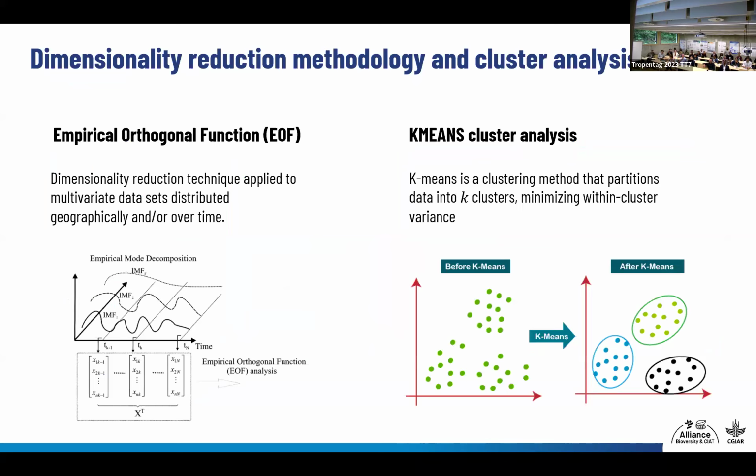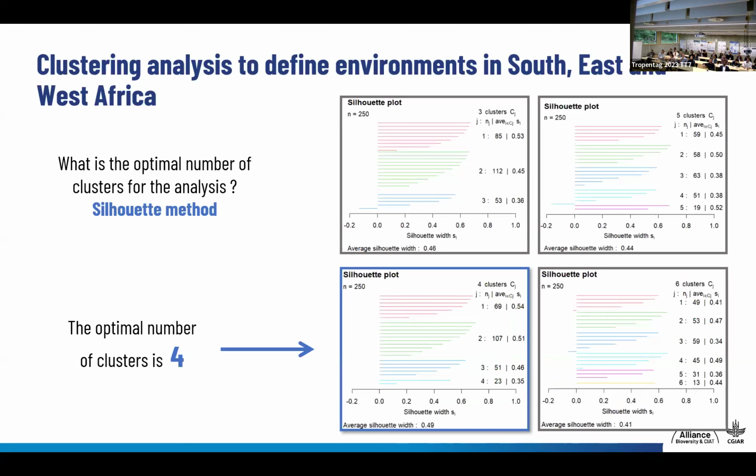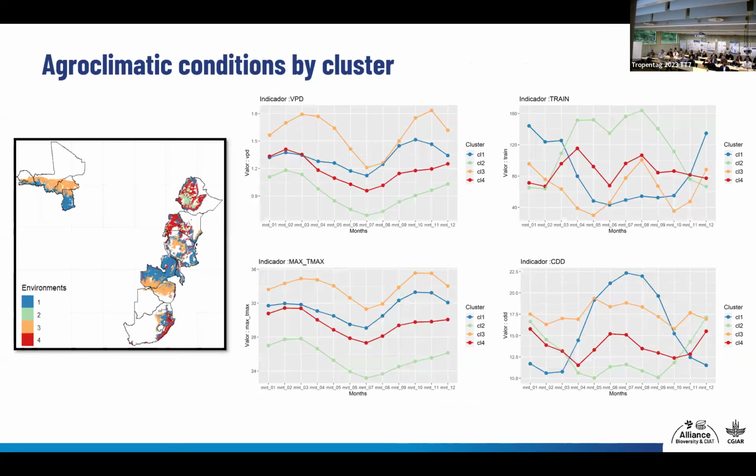Once we did that, our data scientist colleague went through a number of analyses in order to define those clusters or environments. And he used the silhouette method to define the optimal number of clusters that we are going to be working with. And this number turned out to be 4. So this is what we got from the analysis. And you can see in these regions that we had defined where the different clusters fall, the different pixels, and how these clusters look for some of the variables that we have chosen.